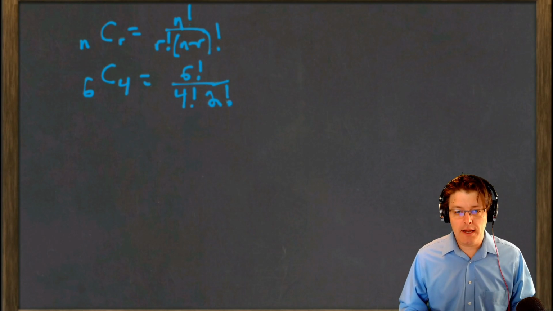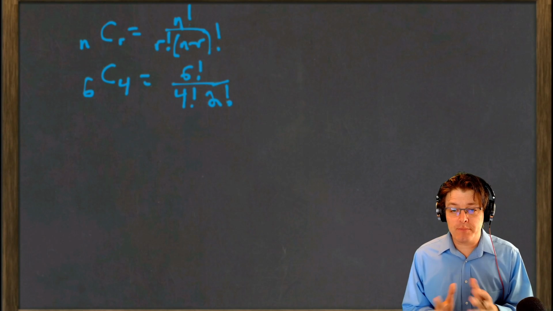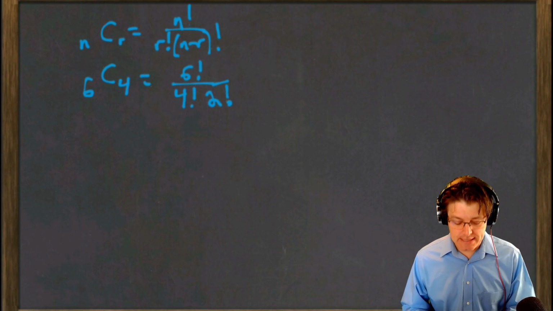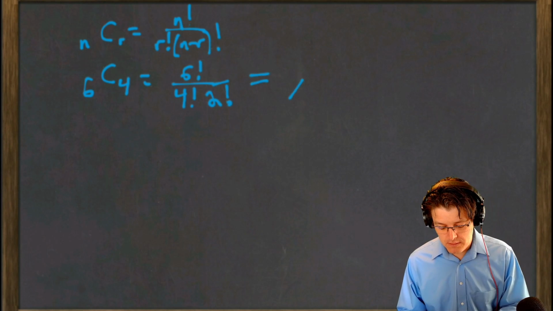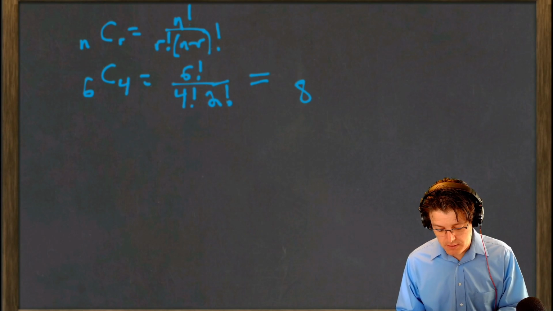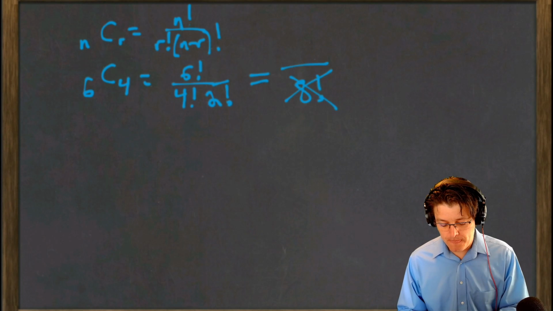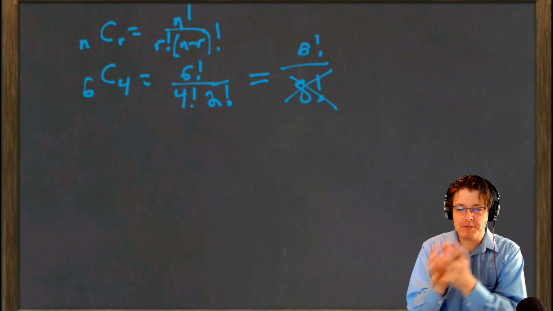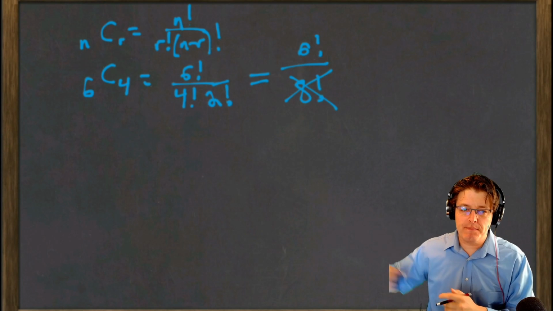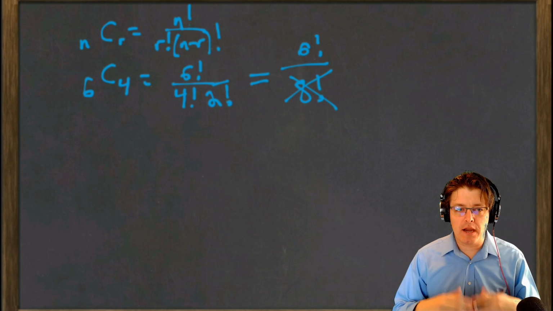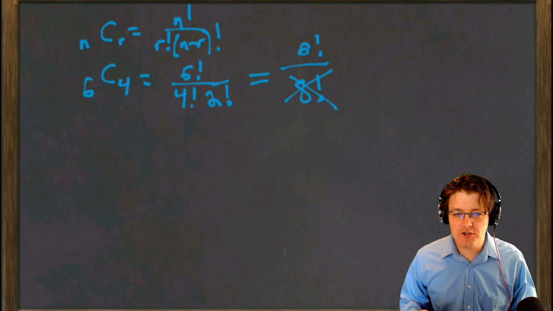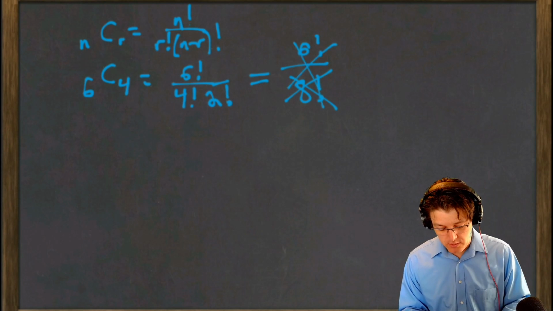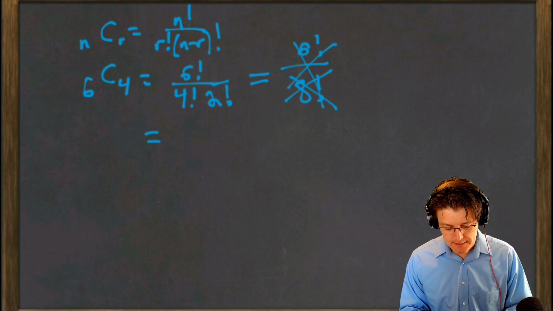Now, word of warning, if you haven't played around with factorials much, you can't multiply these together. So this is not the same as 8 factorial on the bottom. This does not work. Again, we have to view them as 4 times 3 times 2 times 1 times 2 times 1. So just be careful that you don't try to shorten things up too quickly. What we actually get is,